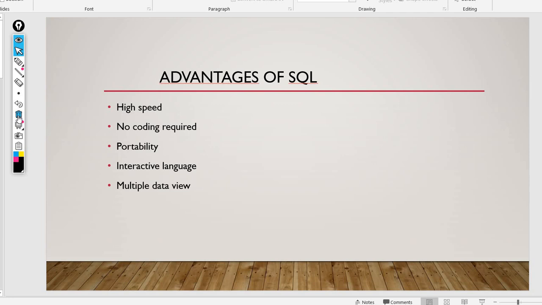It is known as portability. It is an interactive language. The language is like simple English, which you use to access data from the database. It has multiple views, that is, you will see it in the views of the database.